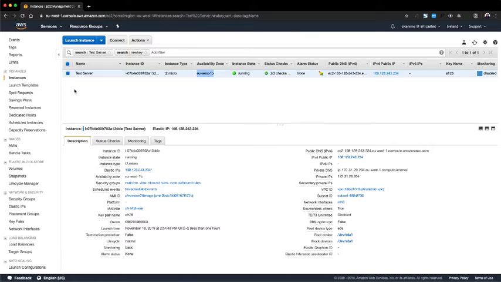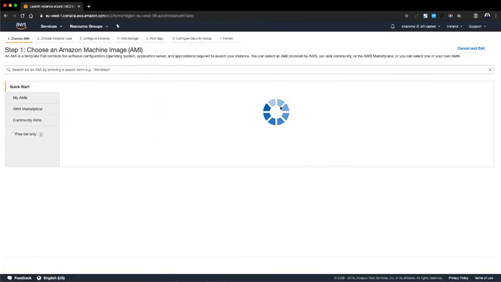So the first step would be to create a new instance in the same availability zone. In this case, the server that we've lost the key file for is the test server that I named here, and it's in the EU West 1B availability zone. So we're going to create another instance in the same availability zone. So let's go to launch instance,